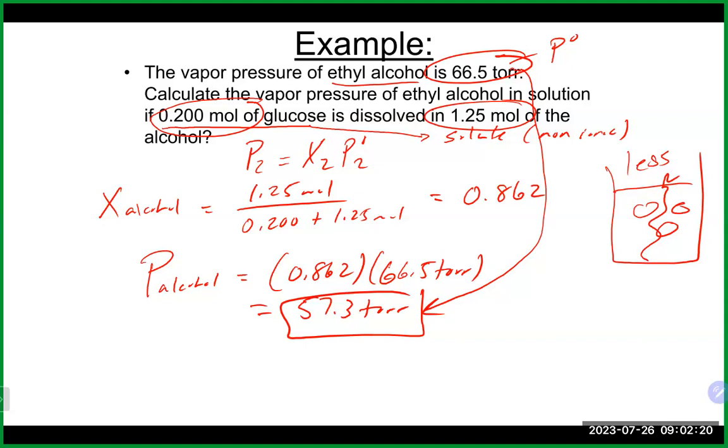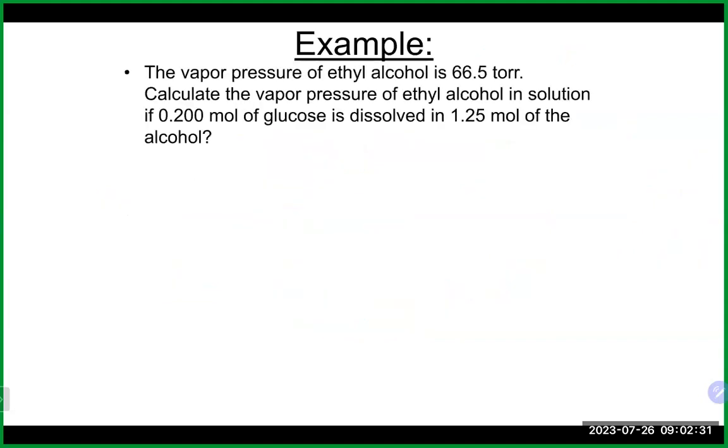So vapor pressure lowering is one aspect of a colligative property, as a result of particles that are in the solvent, if you will, or solution. Another thing that can affect it,